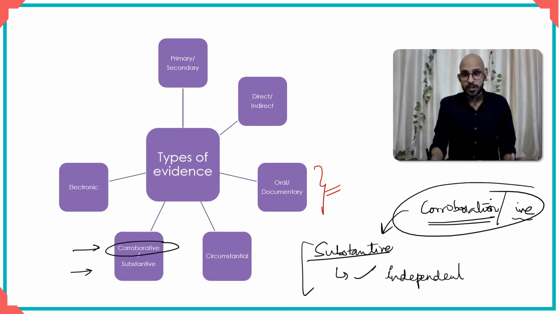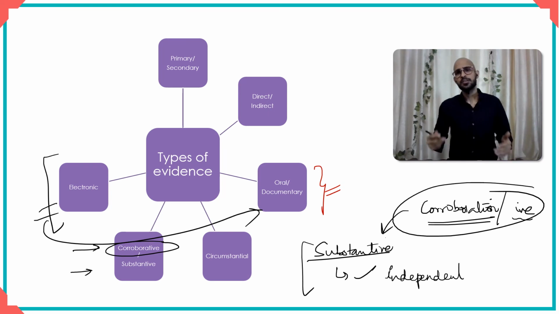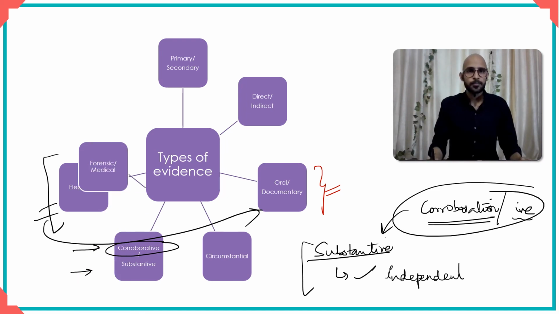Then you've also heard of electronic evidence. Well, we just saw that electronic evidence is a kind of documentary evidence. Actually, it's an independent kind of evidence, but every evidence falls within either oral or documentary, and we know what electronic evidence is. If there's a WhatsApp chat, if there's a photograph, if there's an email, a video recording, a CCTV recording, all of this is electronic evidence.